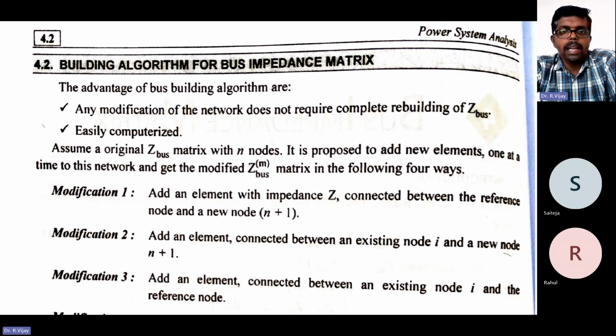Formulation of the bus impedance matrix by using the bus building algorithm. Okay, bus building algorithm. So I think in many exams,